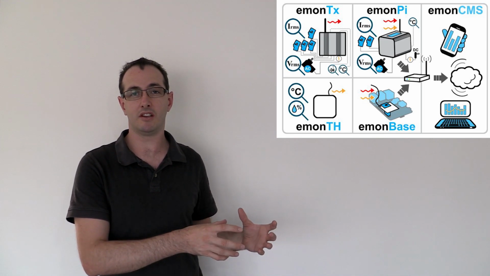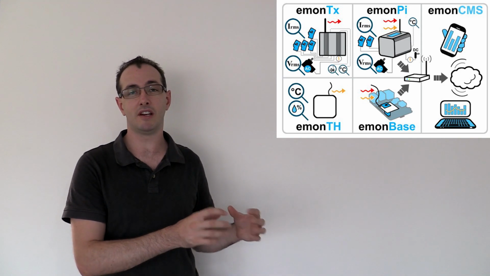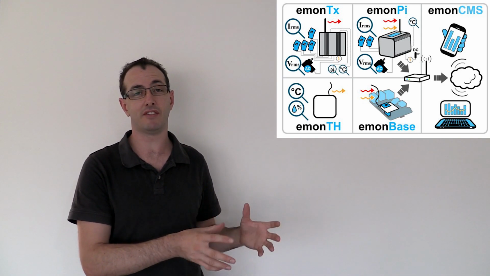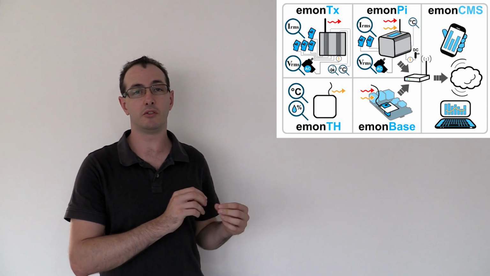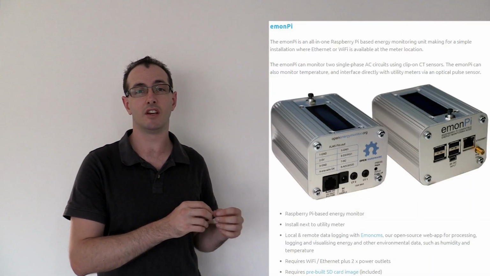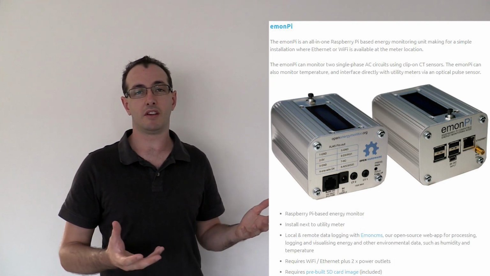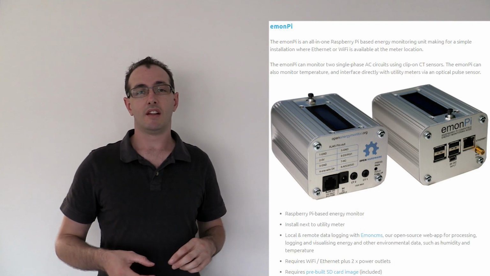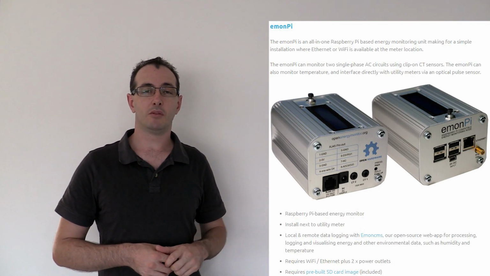You can change how the web server works. I've seen some really good dashboards that people have made, some really flash stuff. You can decide to go down that route, or you can just use the basic standard versions. You can do whatever you like because it's a Raspberry Pi, and you can customize it as much as you like. The other advantages with it is that you can not only just monitor your power, you can monitor things